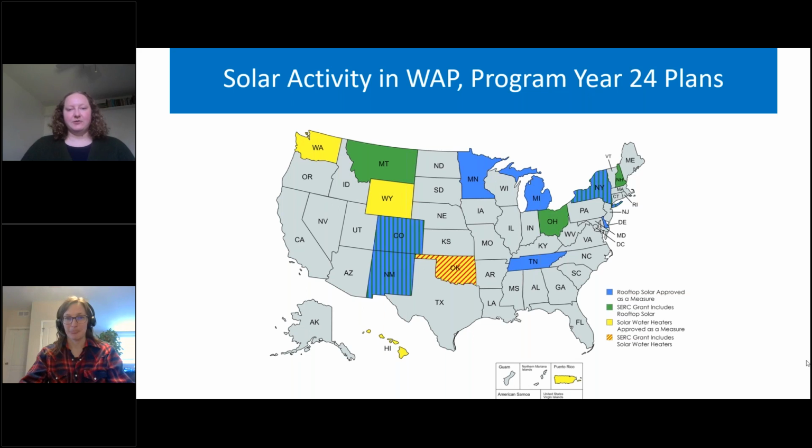So states with yellow allow for solar water heaters to be approved as a measure, which is American Samoa, Puerto Rico, Hawaii, Washington, and Wyoming. And then Oklahoma with red and yellow stripes has a CERC grant that includes solar water heaters. So next slide